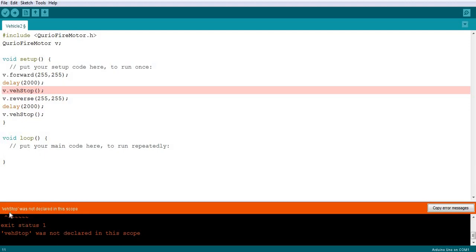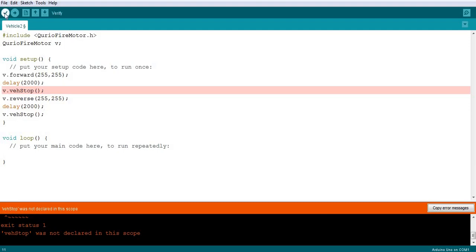Because it was not linked, it said stop was not declared in this scope. Because it is not declared, it did not know that this command belongs to this declared library. We don't need to precede the delay command with v dot because delay is an already known Arduino command.